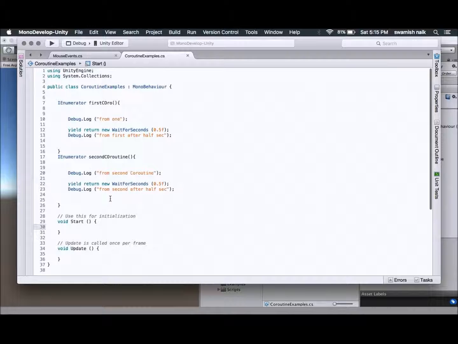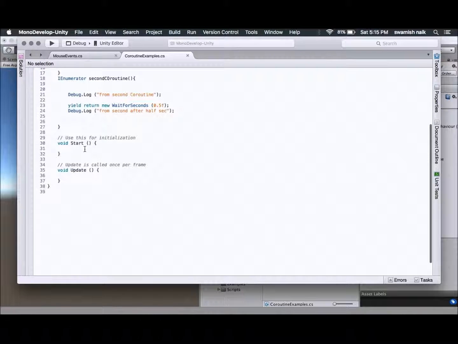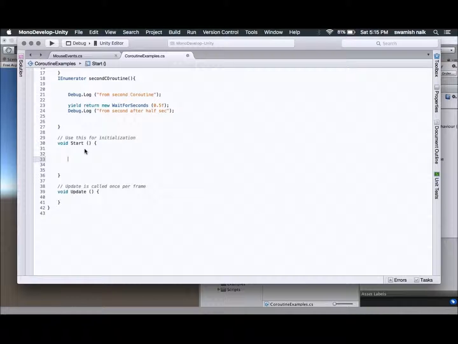Let's use UniRx. So let's add first using UniRx. Using UniRx, it's easy to start coroutines. We just need a variable, or it is optional to use variables. My first coroutine in Rx.